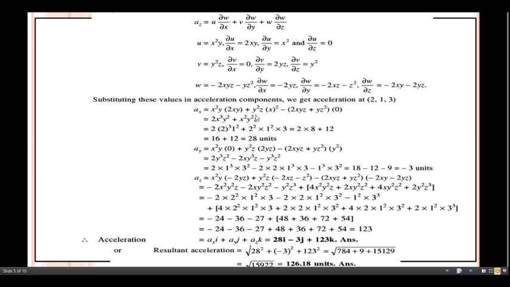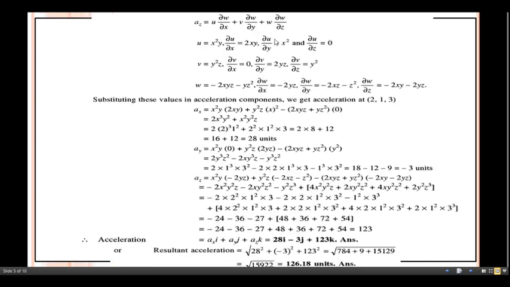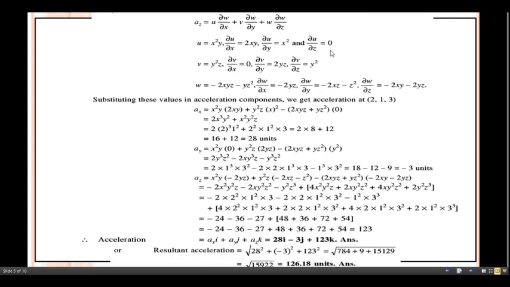This is for the v into dabba u by dabba y. Dabba u by dabba y is already with us, the x square term, so that's why x square is written here. Minus next one, this term indicates the w term, so w multiplied by dabba u by dabba z, and dabba u by dabba z is 0, multiplied by this term. Now just solve this, multiply this term by the inside term, this becomes 0.